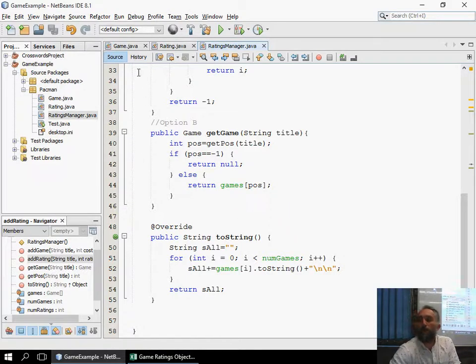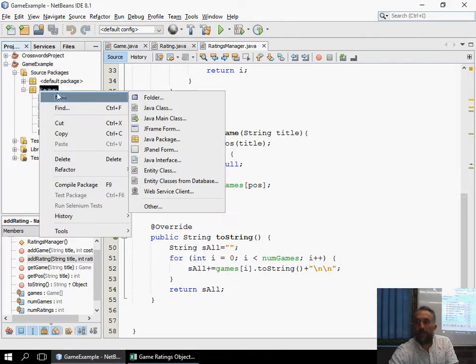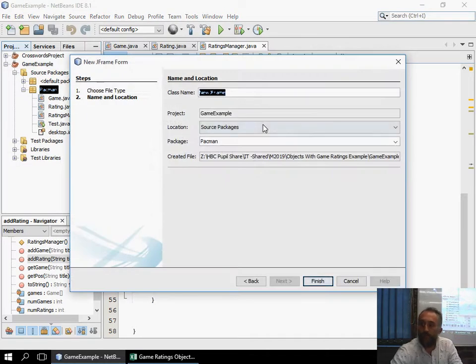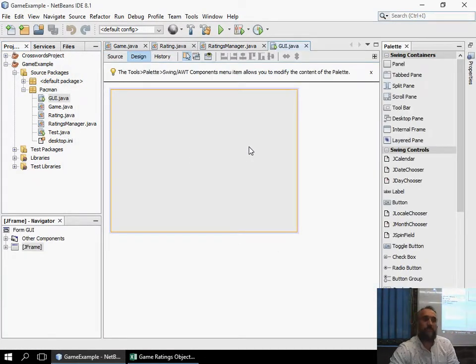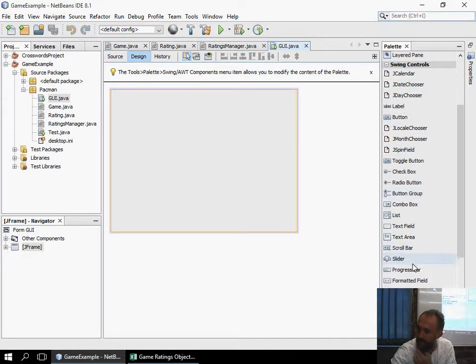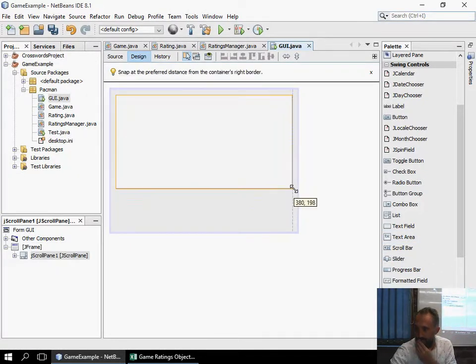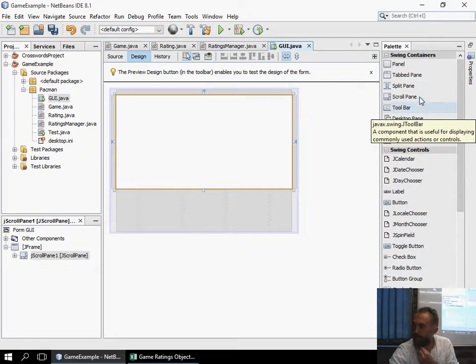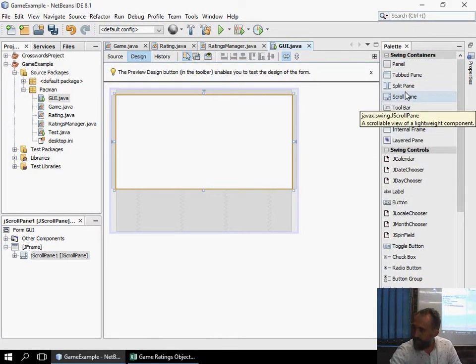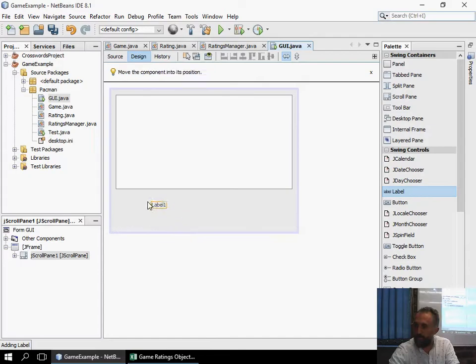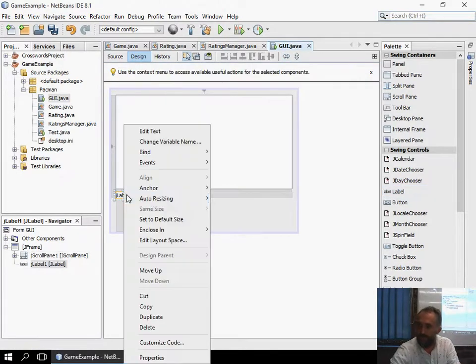Now, I want to show you how to do the GUI. Now, realize your GUI is literally going to ask you... I'm just going to call this a GUI object. In your GUI, all you need to do is create, in this case what I'm going to do is create a text area over here. I'm then going to create a... just bear with me while I create this quickly. I'm going to say here, first thing,